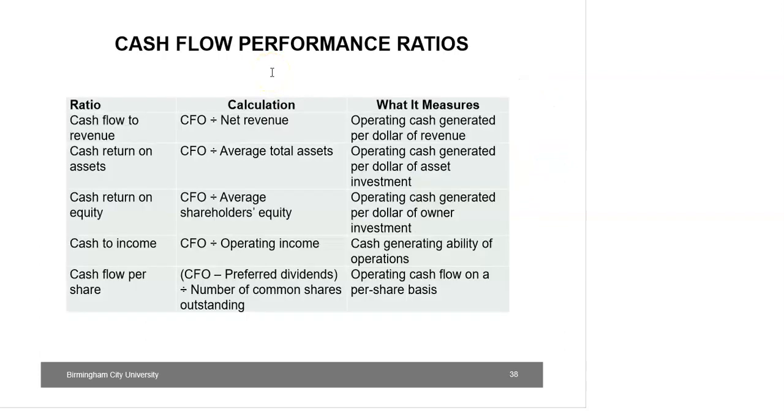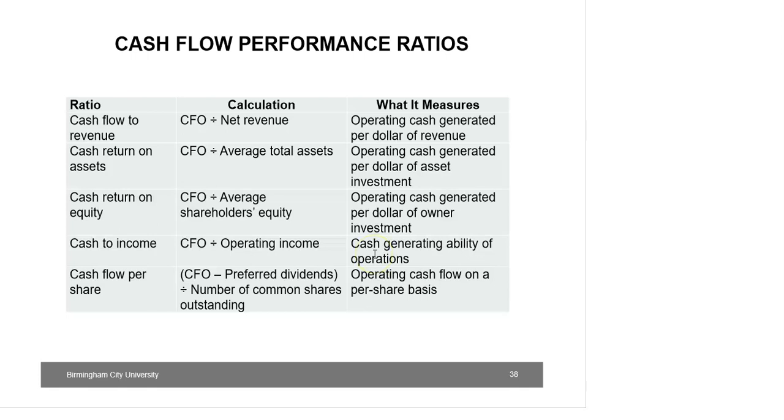Before calculating any cash flow performance ratio, if the company is reporting under the IFRS and has included total dividends paid as an operating cash flow, this must be added back to the cash flow from operation as reported, and then the preferred dividends should be subtracted. From our earlier discussion, we know that cash flow from operations reported under US GAAP and IFRS may differ because of the treatment of interest and dividends received and paid under both the accounting standards.